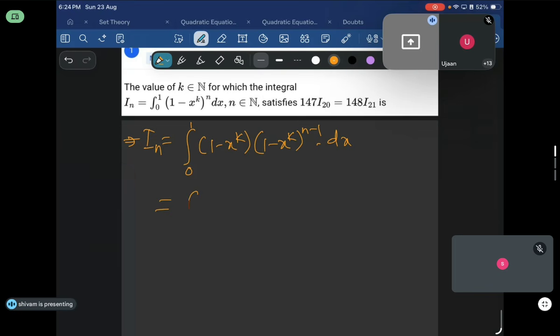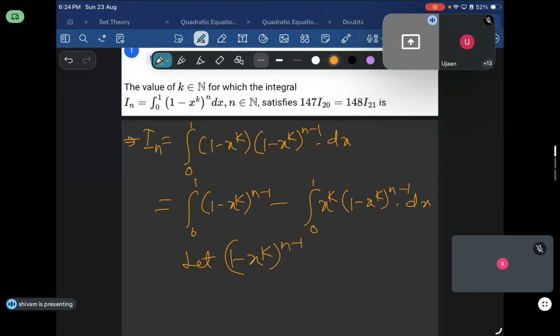This will become integral from 0 to 1 of (1 minus x to the power k) whole to the power n minus 1, minus integral from 0 to 1 of x to the power k into (1 minus x to the power k) whole to the power n minus 1. Tell me, are you people getting? Anyone having any doubt, you can ask me. Understood? Okay, so let (1 minus x to the power k) whole to the power n minus 1